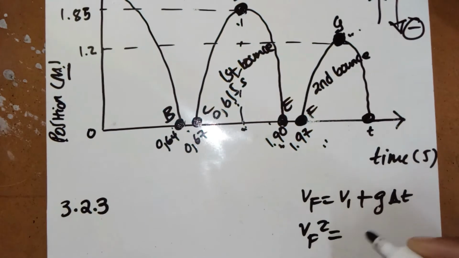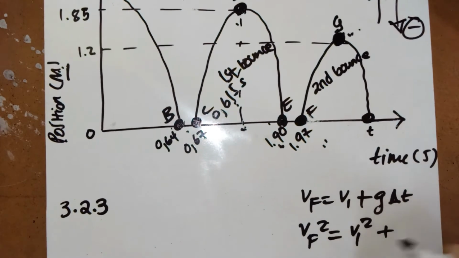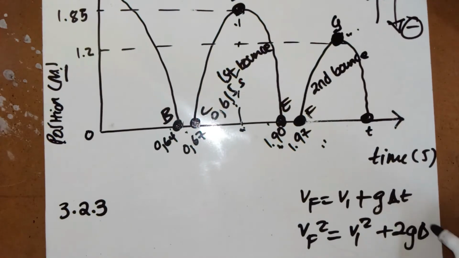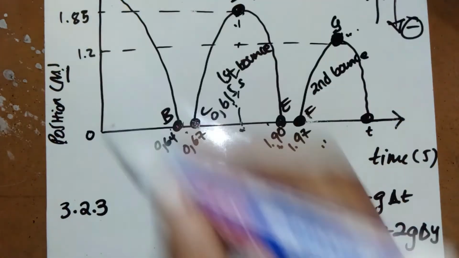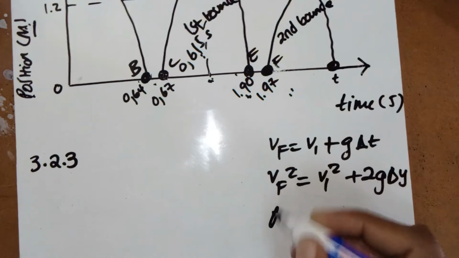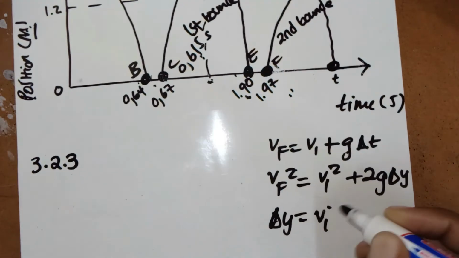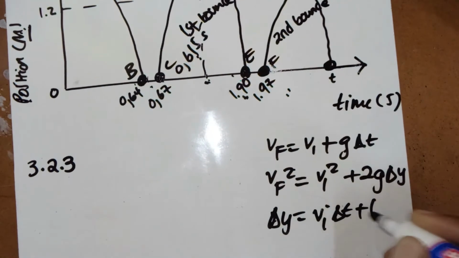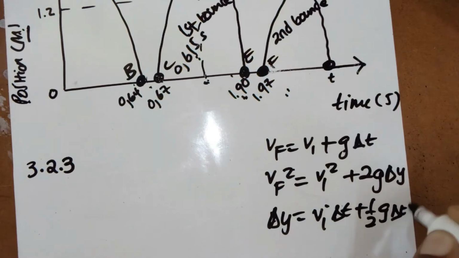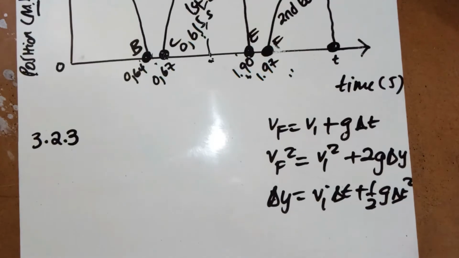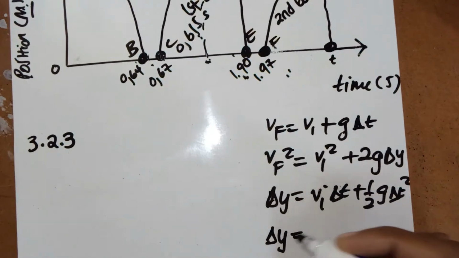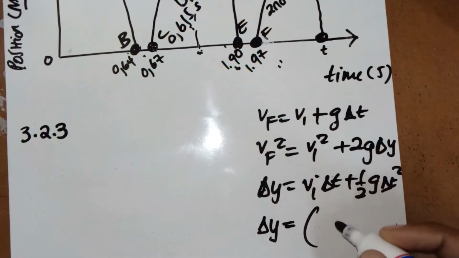VF squared equals VI squared plus 2G change in Y, because we're dealing with the Y-axis. And then we have our change in Y equals VI change in T plus 1/2 G change in T squared. You can find this at the back of your question paper. It will be given to you when you're writing your paper 1